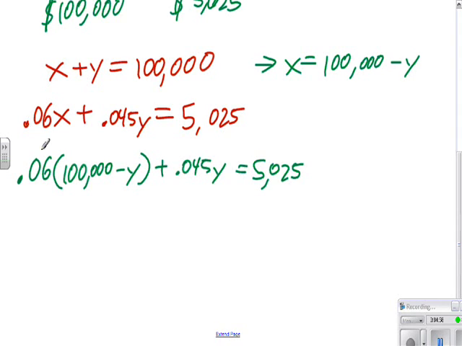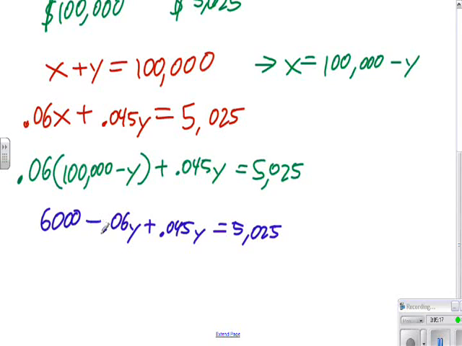Distributing here, we get 6,000 minus 0.06y plus 0.045y equals